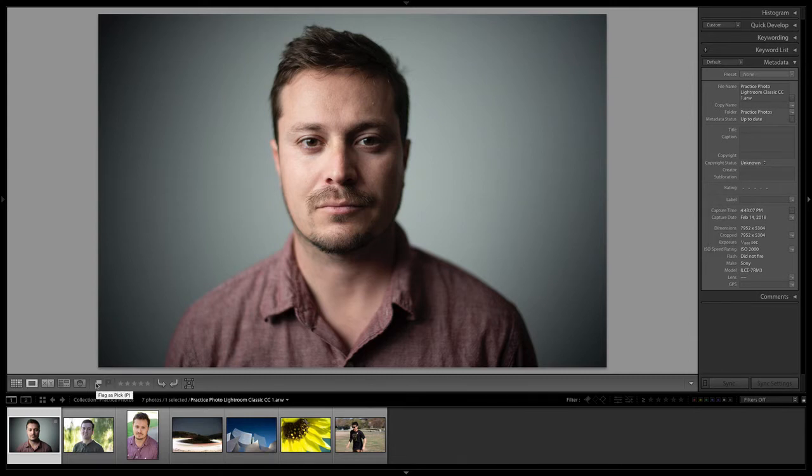First off, why would you want to rate or flag your photos? The main reason is to choose the best photos that you've shot to actually move forward with editing. A lot of times you'll import an entire folder of photos from a shoot. You might shoot hundreds of photos at a portrait session or a wedding or something like that, and you might need to go through and pick your best ones. There's different ways to rate. There's a star rating, then there's also a flag rating, and then there's also a color labeling option.